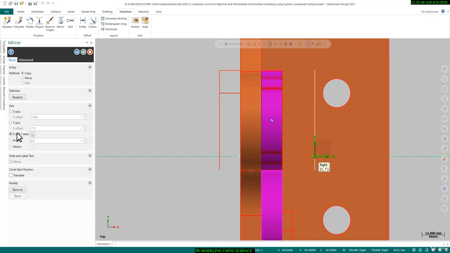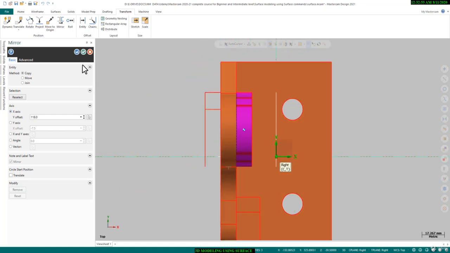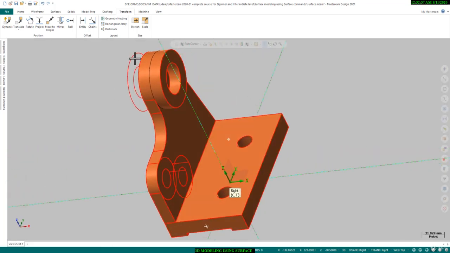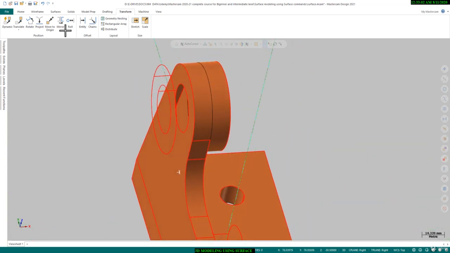X and y, no. No problem. We will create that surface,